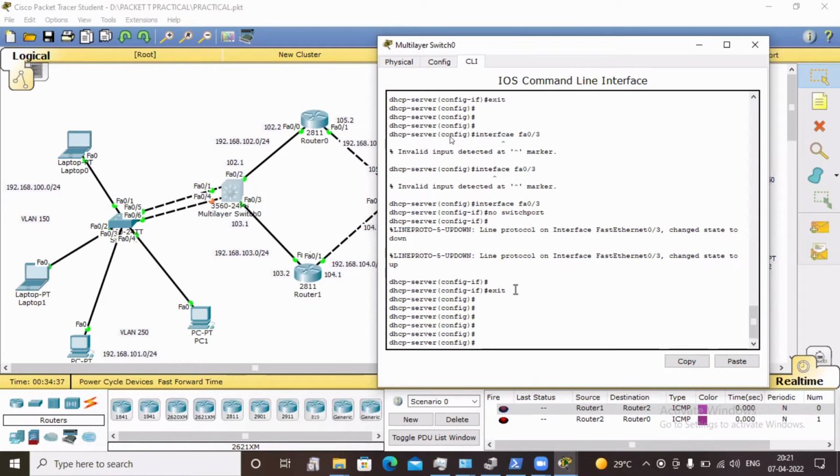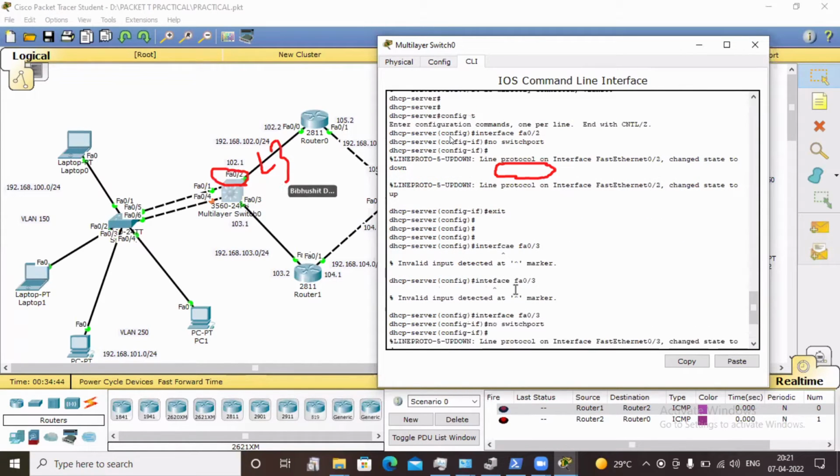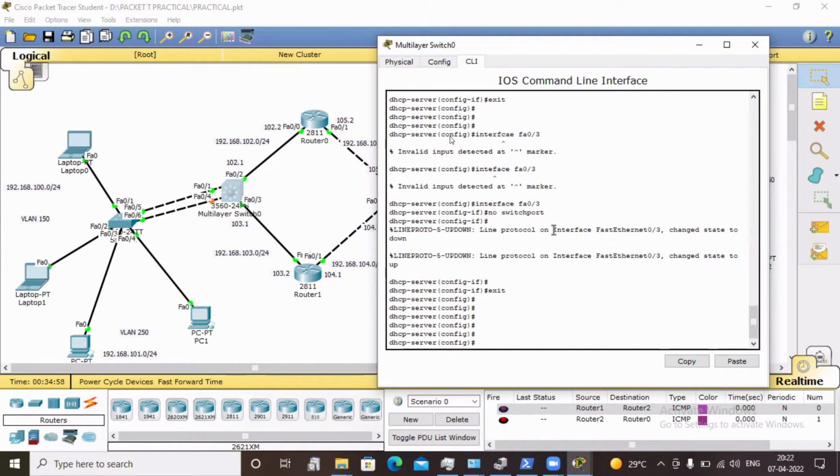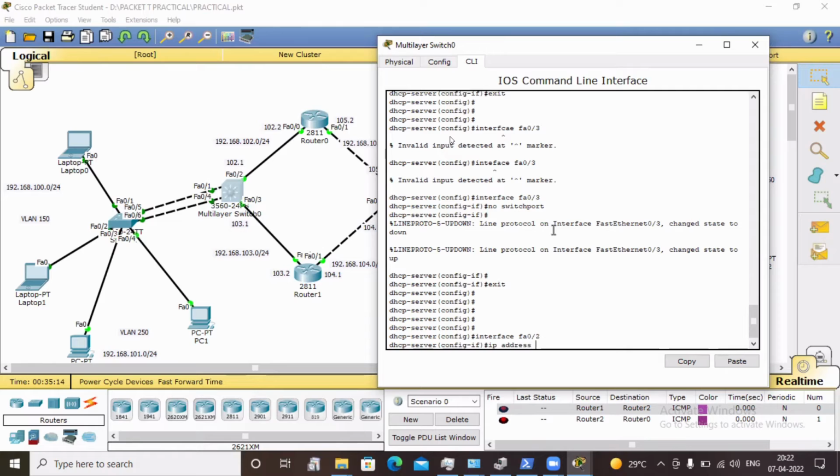Right now, what you have done is we have converted this 0/3 and 0/2 port as an L3 port. That's it. But an L3 port should be configured with an IP address, right? So how do you configure an IP address to a port? Interface command, right? Interface 0/2, no switch port, IP address